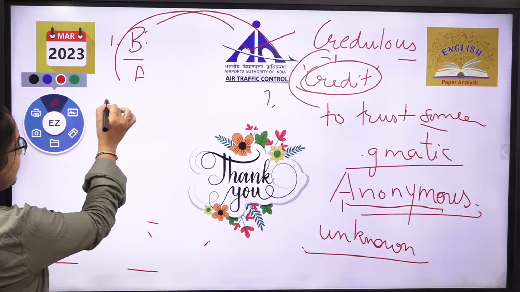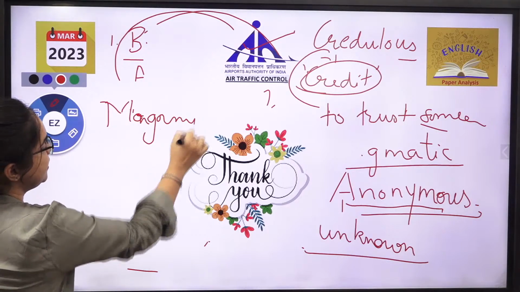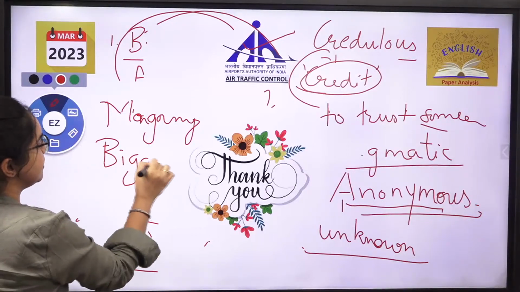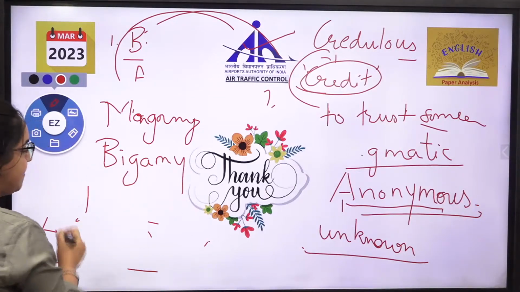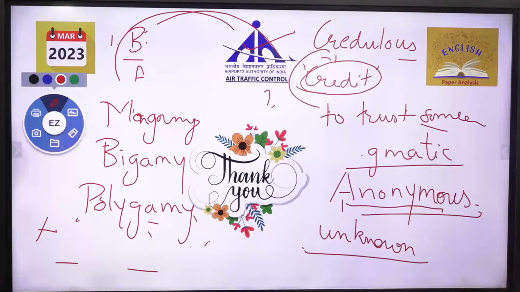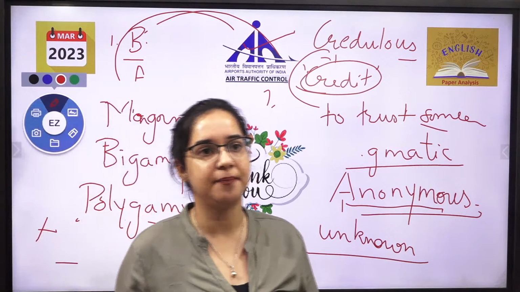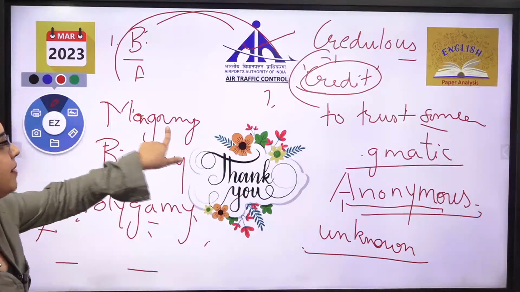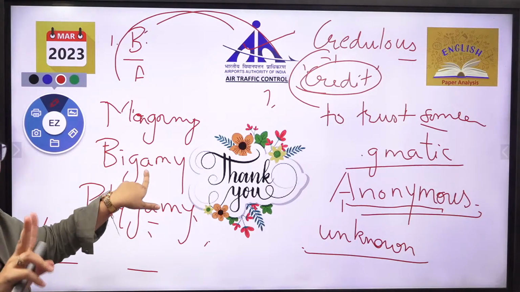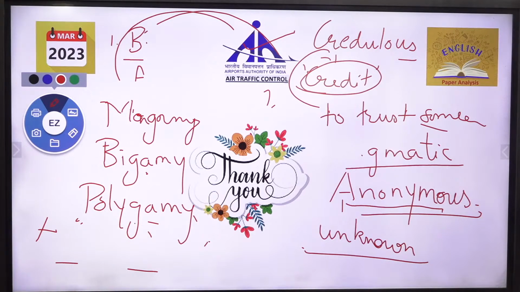What is the difference between monogamy, bigamy, polygamy? गैमी का मतलब होता है मैरिज. तो अब बताओ, the most easy which I could give you for today. Mono means single, very good. Monogamy, एक जने से शादी. Bigamy, two people you're marrying. Polygamy, बहुत ज्यादा लोगों से. That is clear with this.